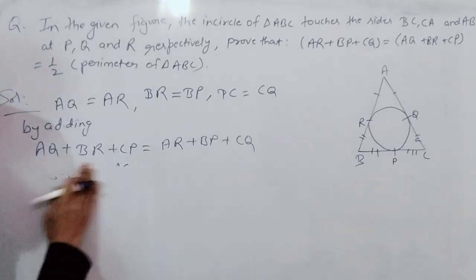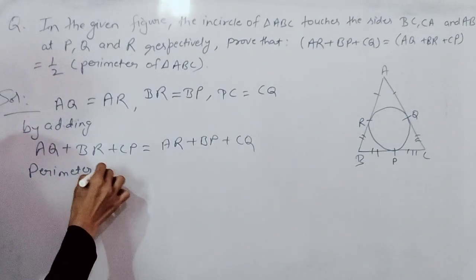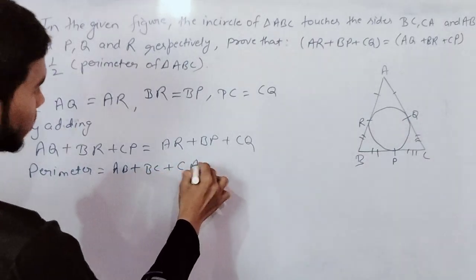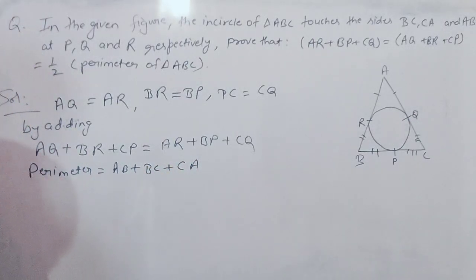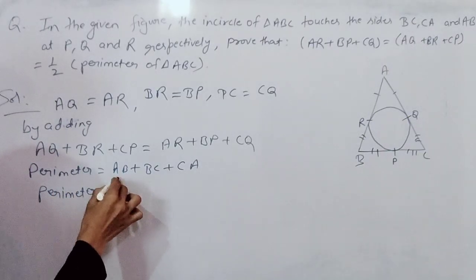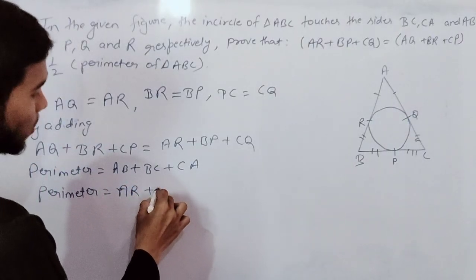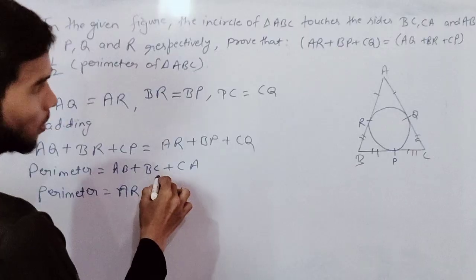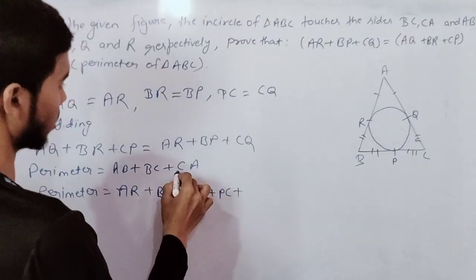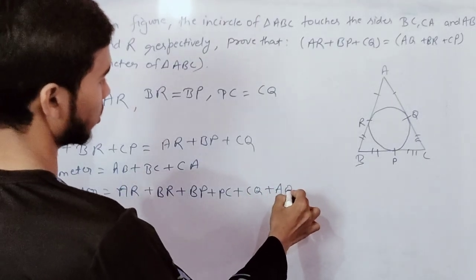Yes, this is a perimeter. Perimeter is AB plus BC plus CA. Here we can write AB is equal to AR plus BR. Now BC is equal to BP plus PC, and CA is equal to CQ plus AQ. Here you can see,